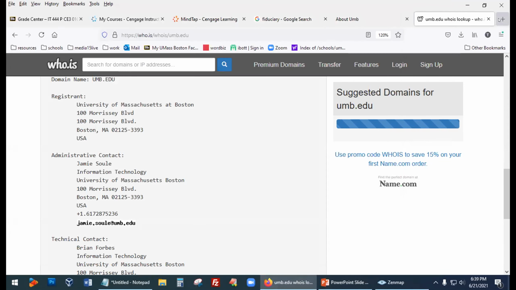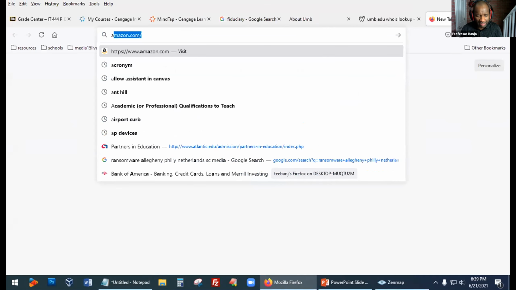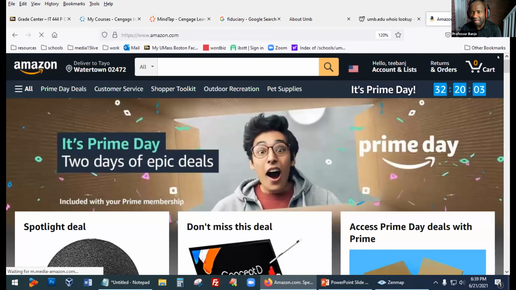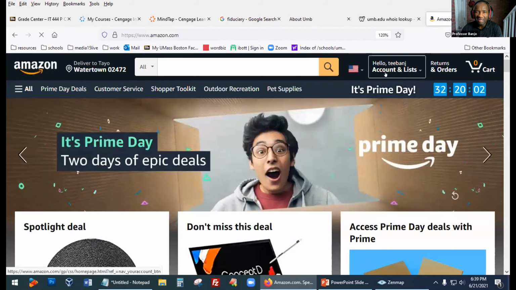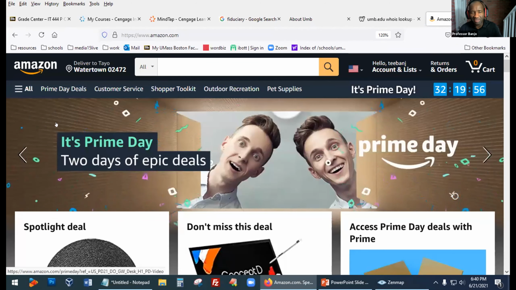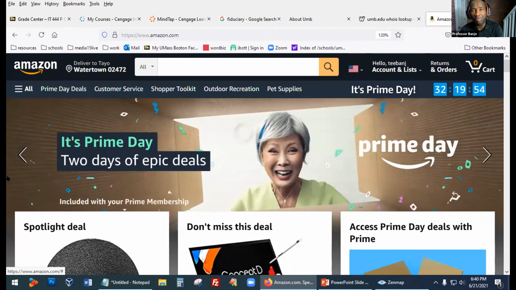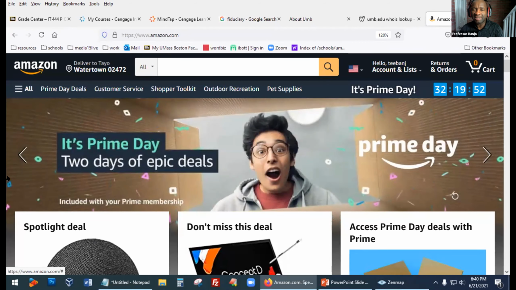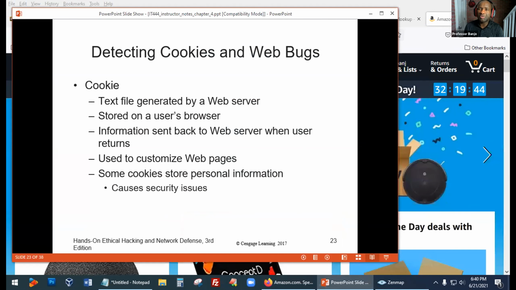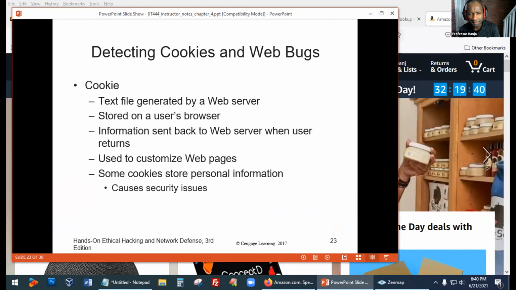Yeah, so for example, I have an Amazon account, right? So every time I go to Amazon, it just takes me straight into my account. I don't even have to log in, right? It's like, boom, it just goes right there to all my information. Everything I've done is right there on my computer, okay? That's thanks to cookies that allow you to do some kind of customization. So they're little files on your computer that help to preserve personalized stuff on websites.